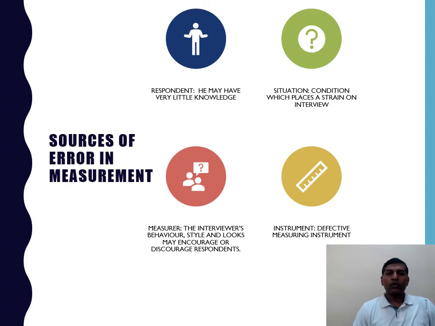So when we go to each person, we have to tell him what we are doing, what kind of information we want, and how we are going to collect the information. If we do not tell him, he may not be able to explain or tell the information that is desired. So for that, we should make him aware.